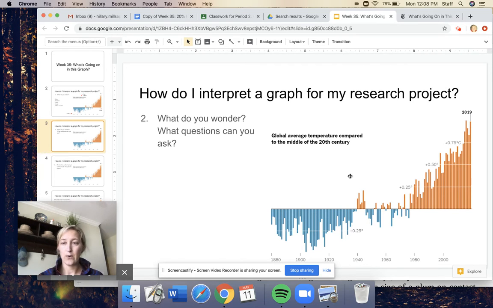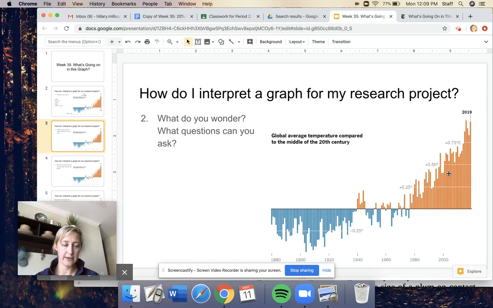What I wish that I knew was, these are saying plus 0.75 degrees above the average. I'd really like to know what is this average temperature that they're saying from the 50s to the 80s. And so, what are we going up and down from? I'm also going to ask why this study was done. So, what is their purpose in showing this to me? I'm going to ask about global average temperatures. Were these trends seen in a lot of different countries, or were there outlier countries that kind of